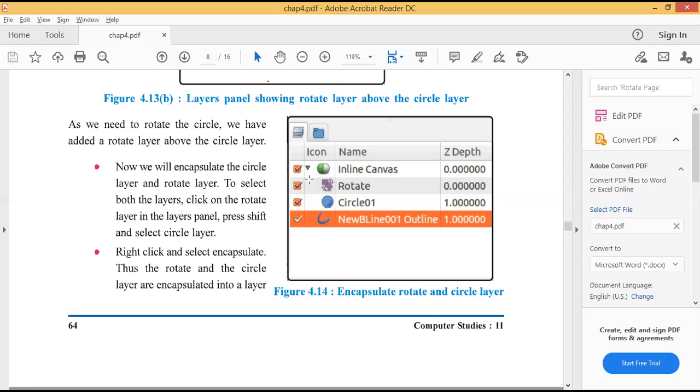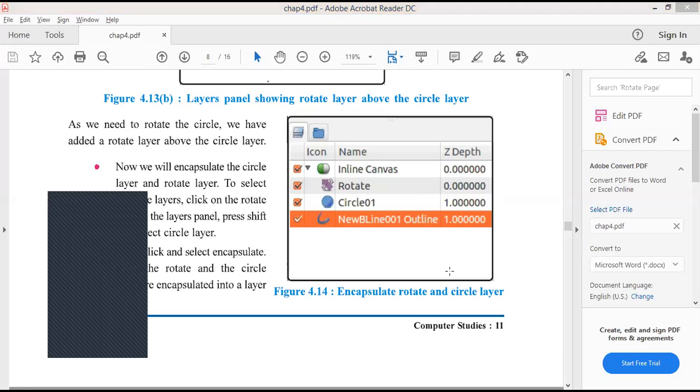Now we will encapsulate the circle layer and rotate layer. To select both layers, click on the rotate layer. In the layer panel, press shift and select the circle layer. See what we will do. We will select this circle layer and press the shift key and the rotate layer.